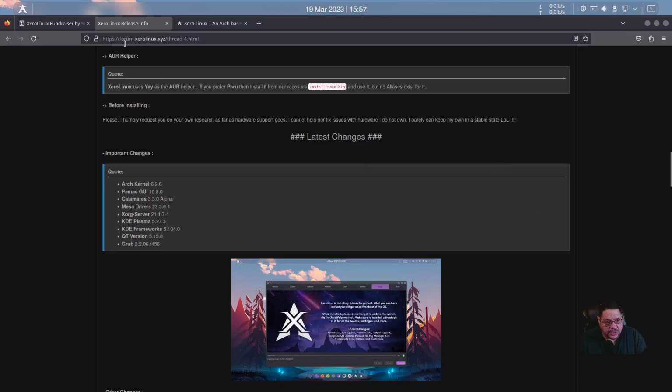And you can find that on his forum in the XeroLinux thread at the top. And so here are the important changes. It's got Arch kernel 6.2.6, which is nice because it bypasses the AMD microcode that had a bug in it that caused stuttering. Also, it's got the PAMAC GUI package manager 10.5, Calamares 3.3 alpha, which we discussed, the latest Mesa drivers 22.3.6-1, Xorg 21.1.7-1, KDE Plasma 5.27.3, so it's the latest and greatest of that, the KDE Frameworks 5.104, Qt version 5.15, and Grub 2